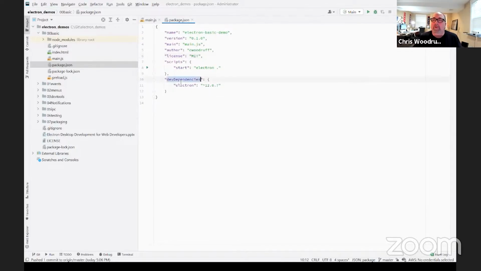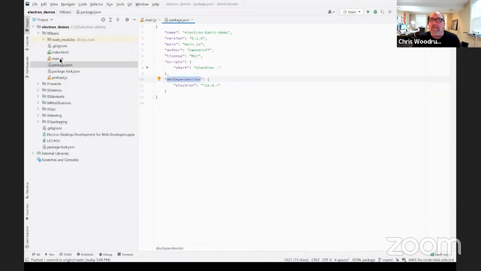You don't even really need any dependencies in your package, because the application will pick that up. But I like to have explicit dependencies, so I at least know what version of Electron I'm working on. So minimum, you need a main.js, you need an index.html just to show something for the renderer process, and then you need this package.json.